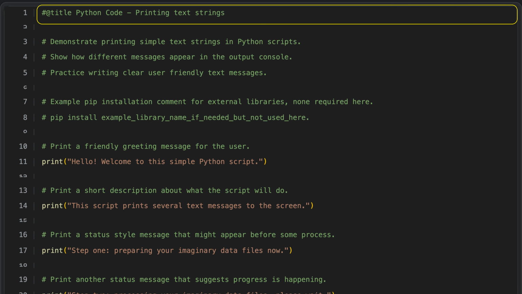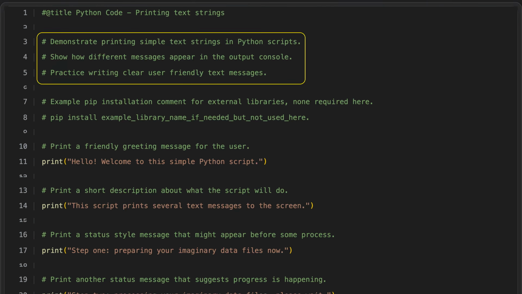Python code, printing text strings. In this activity, you will practice printing simple text messages in Python scripts and observing how they appear in the output console. The goal is to see how different messages are displayed when the program runs. As you work, focus on writing clear, user-friendly text so that anyone reading the output can easily understand what the